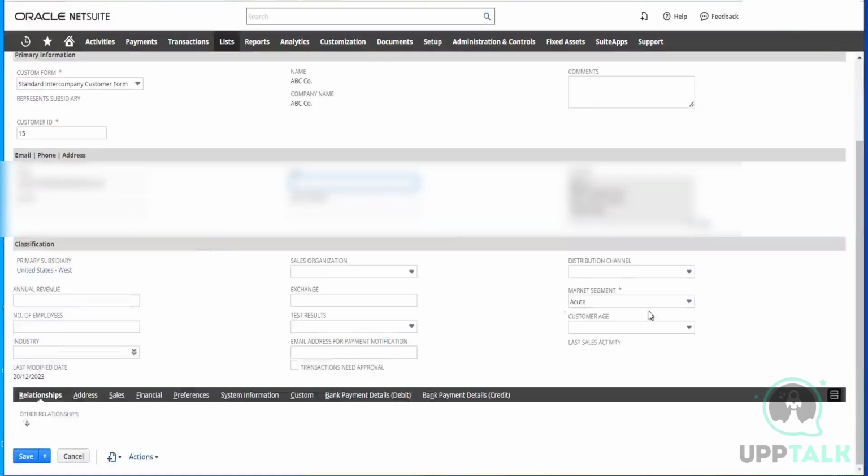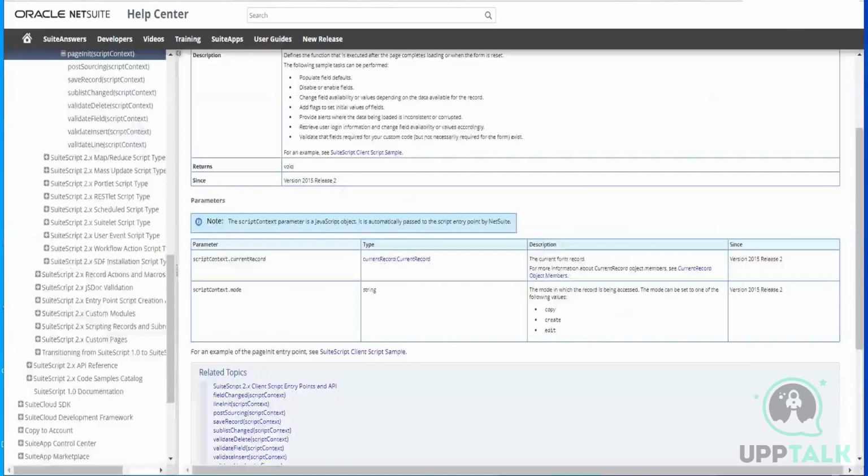Let's say if I'm changing any value here, it will affect any other field. That will be field change. Yes, that is a field change. And after that,